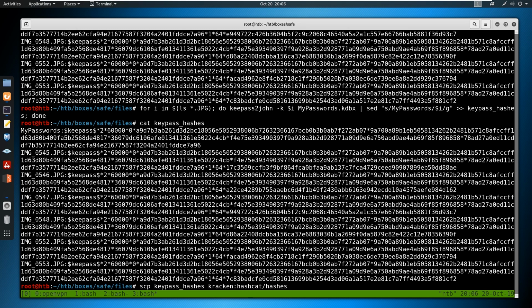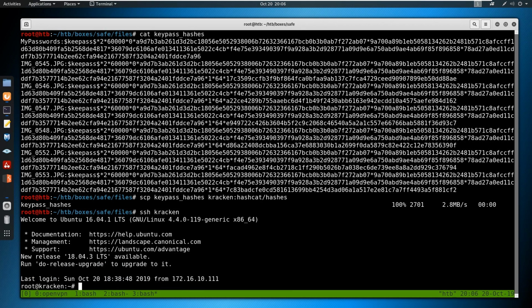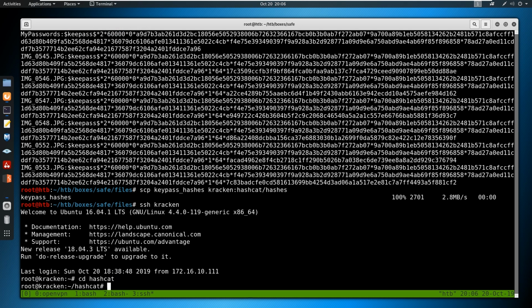And I'm just putting it in the hashcat/hashes directory. And the Kraken is just a machine I have dedicated to cracking. You can do it on your host computer. Just don't do it in a VM because VMs are slow. So we want to do ./hashcat --example-hashes